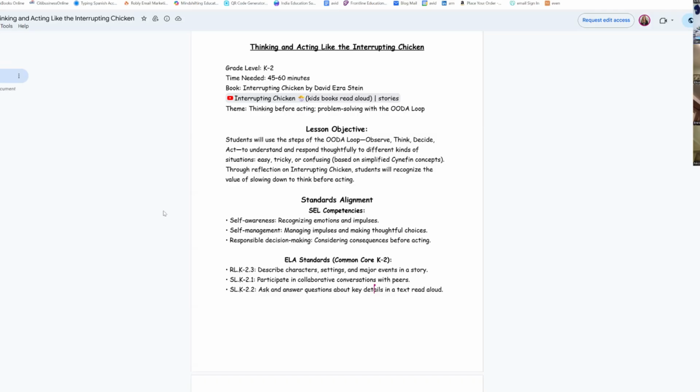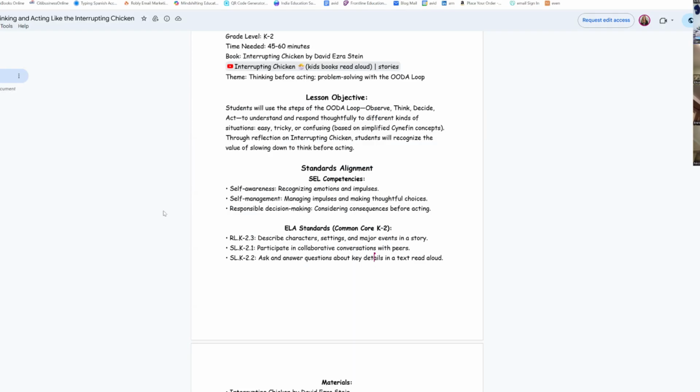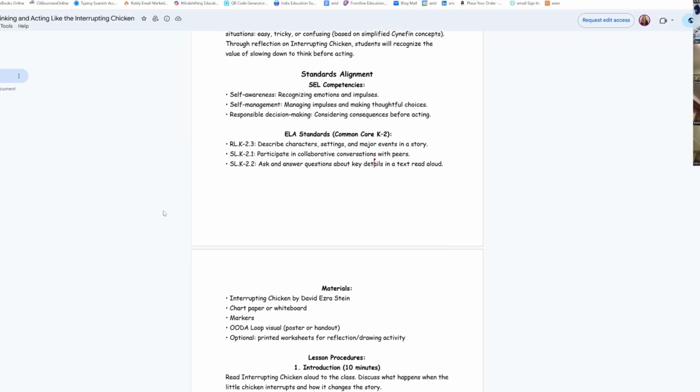So I thought that this would be good for anywhere from kindergarten through second grade. You could play the read aloud to the class and use the steps of the OODA loop. So you're having the kids observe, think, decide, and act. And then also looking at the situations that he is in the book. Is it easy, tricky, or confusing? At the end of the lesson, I'm hoping that students will recognize the value of slowing down and thinking before